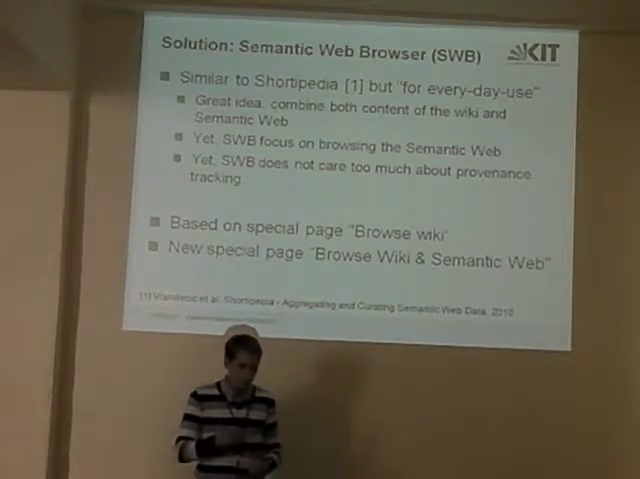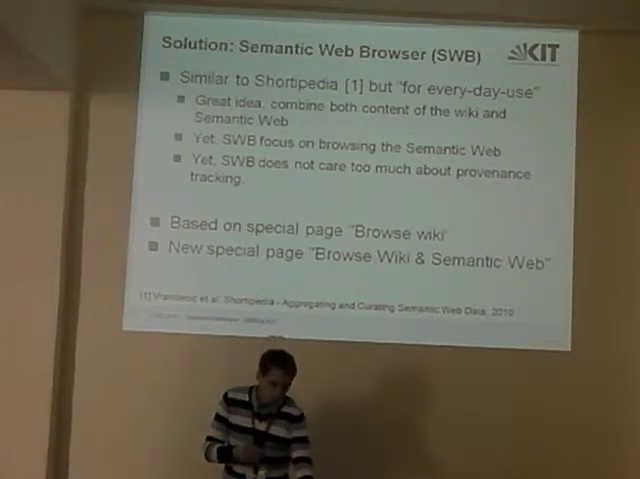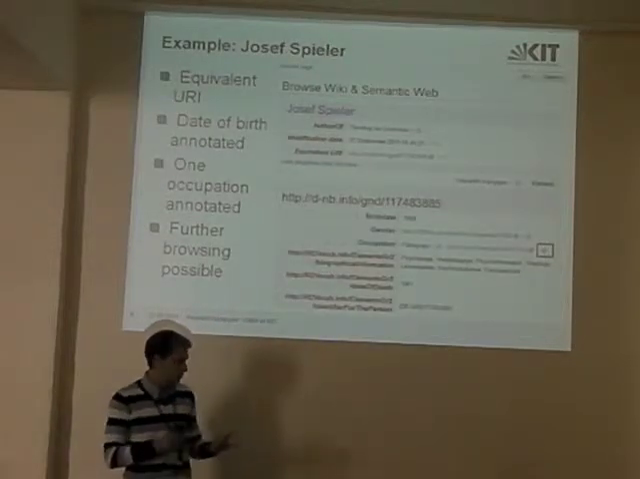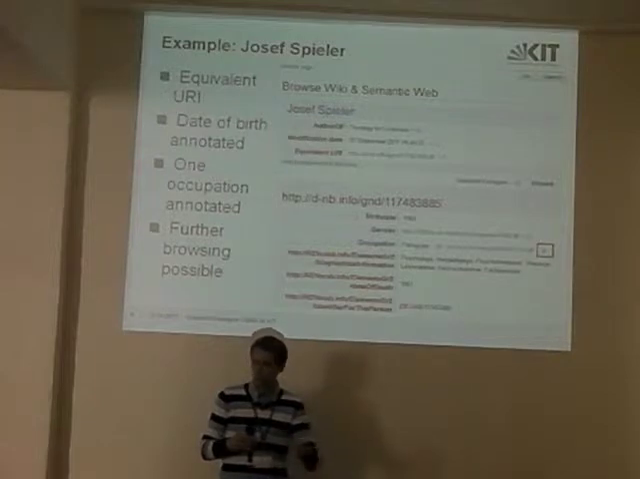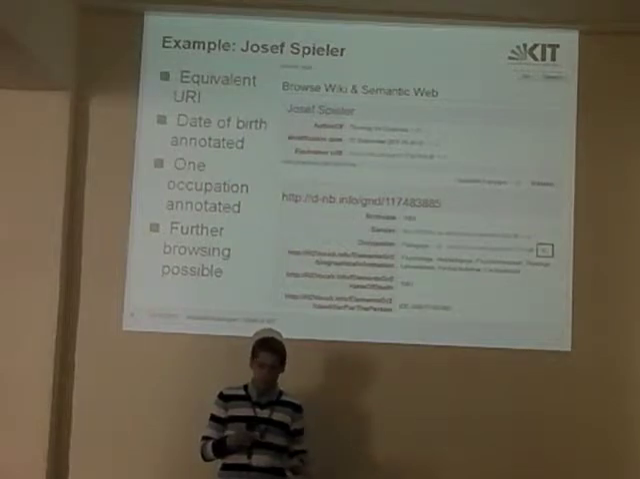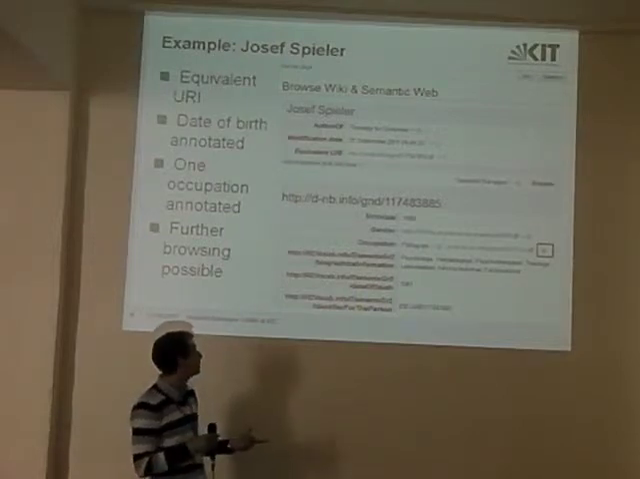The extension is based on the special page browse wiki, and basically we have created a new special page, browse wiki in Semantic Web. Here you can see a screenshot of it. So we have Josef Spieler inside the wiki. We have properties that he has inside the wiki, like he is the author of a book, he is known by someone, and also he has an equivalent URI, and this equivalent URI can be resolved on the web, and there you can find information as well. So you find, for example, the date of birth, which is annotated in the wiki, or he has two occupations, and one of the occupations is annotated in the